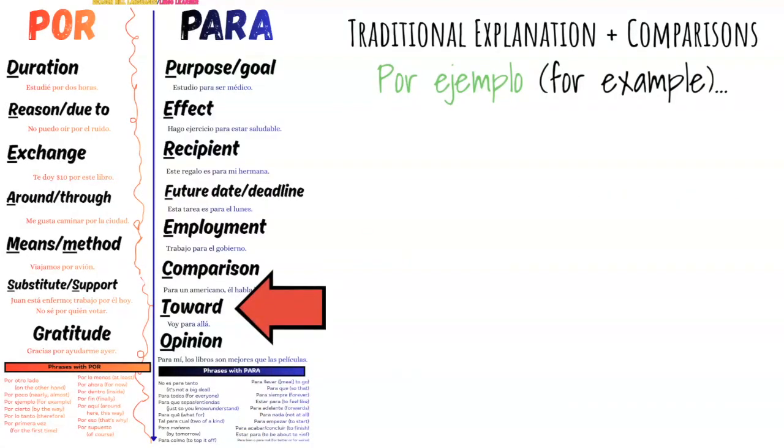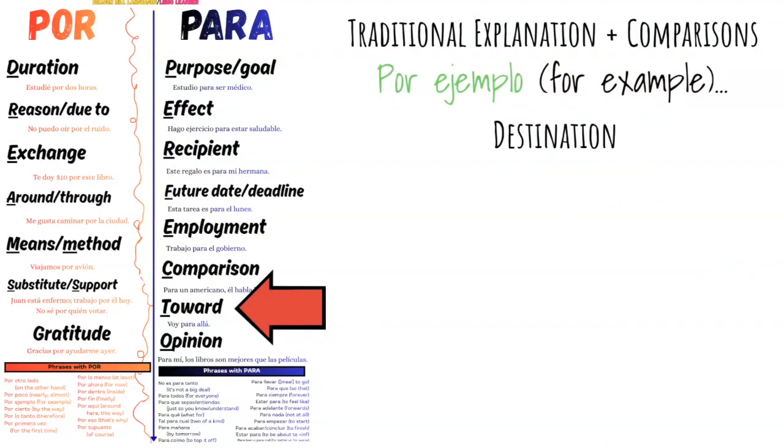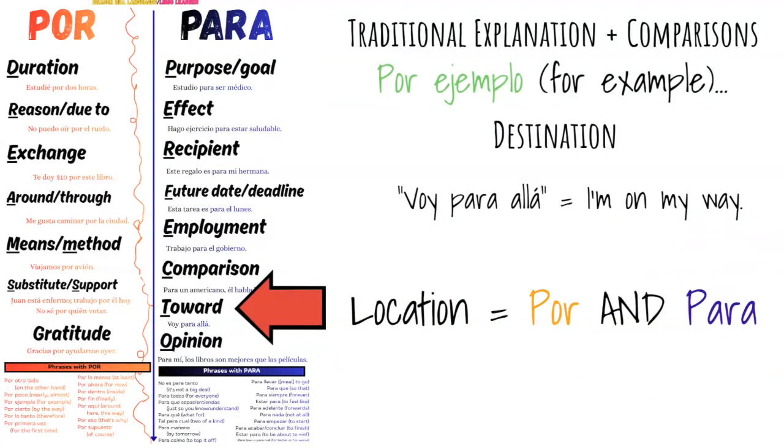Para is used for going toward something, destinations. Voy para allá. I'm going there. I'm going in that direction. It also means I'm on my way. Voy para allá. So it's worth pausing here to say that location can be used with por or para for